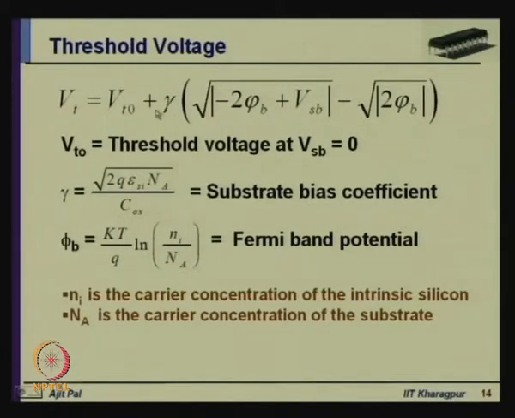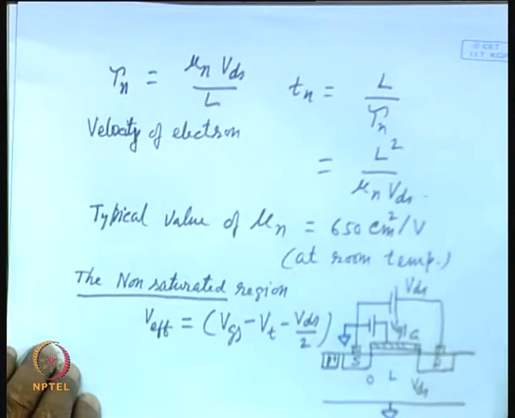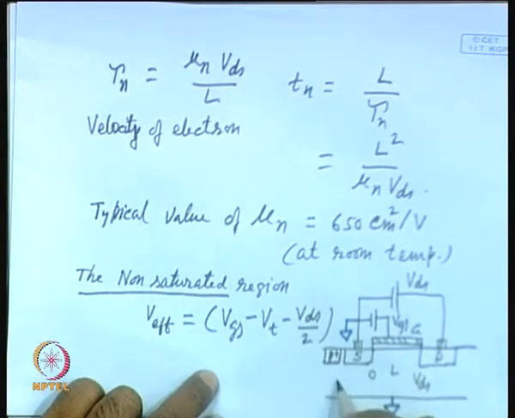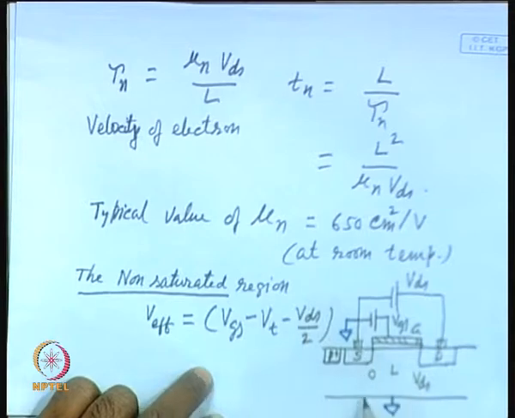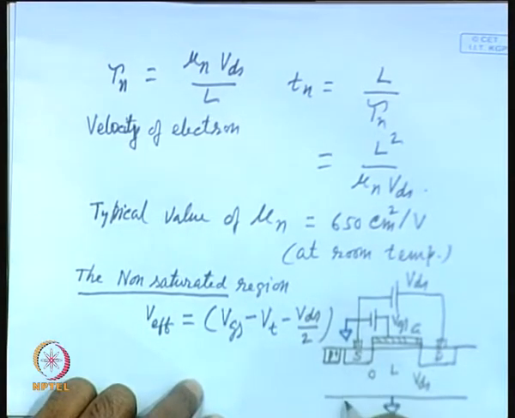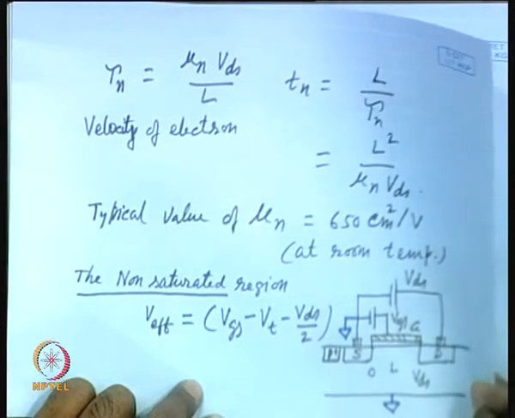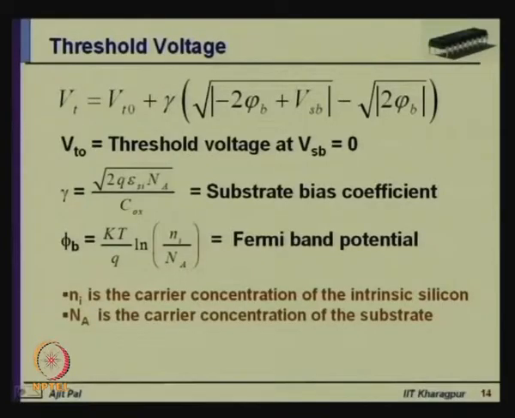Why substrate bias coefficient? As you can see, this Vsb is actually the source to body voltage that you will be applying. That means, if we consider a device here, you can apply a voltage between the source and body. That means, between this particular source and this body, you can apply positive voltage to the body with respect to the source, and that will actually increase the threshold voltage, as we shall see. So, by changing the body bias, substrate body bias, the threshold voltage can be controlled,